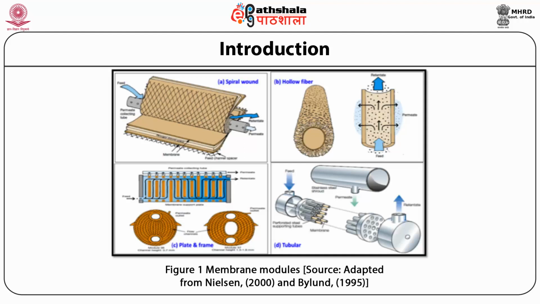C is the plate and frame design of membrane. It works like the classical plate heat exchanger, but here rather than gaskets we have different membranes. And D is the tubular membrane, in which we have a shell and tube type arrangement, and there is a membrane bundle, and outside the membrane bundle there are SS perforated tubes. When the feed is subjected to this type of membrane module, the separation will take place, and the permeate will come out, and the retentate will be retained in the membrane module, so that finally from one end we are removing permeate, and from another end we are removing retentate.